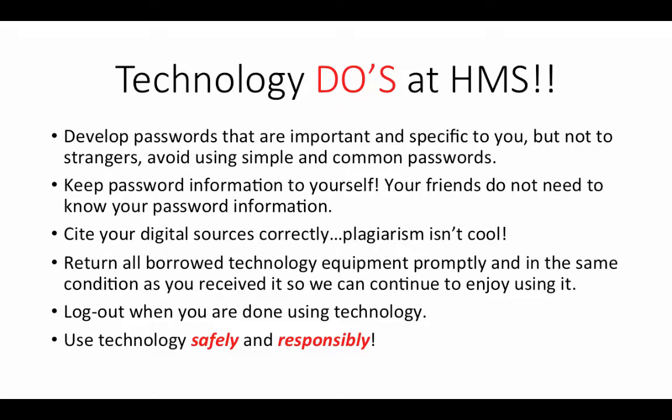Cite your digital sources correctly. Your English teachers will talk at length about this. Plagiarism is not cool. Plagiarism is taking somebody's ideas, somebody's work, and passing it off as your own. Return all borrowed technology equipment promptly and in the same condition as you received it, so we can continue to enjoy all the technology we have here at HMS. And finally, make sure you log out when you are done using the technology so somebody doesn't get in and get into your information. As always, use technology safely and responsibly, and technology will be a great thing that can